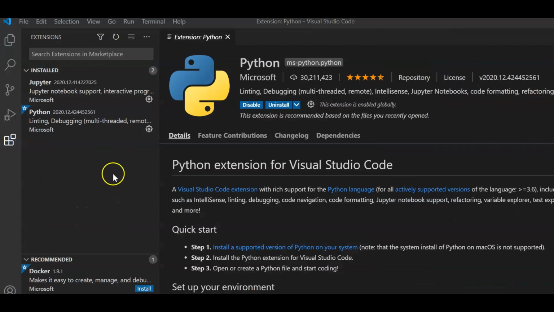Alright, so once you have installed the Python extension, you could see options like disable or uninstall, and in this section you will see Python already installed, right? Alright, so now we have the Python extension available in our VS Code. So let's now create our first project, and we will try to write a simple program today. Which means our development environment is ready. Now I'm going to show you how we can write our first Python program.